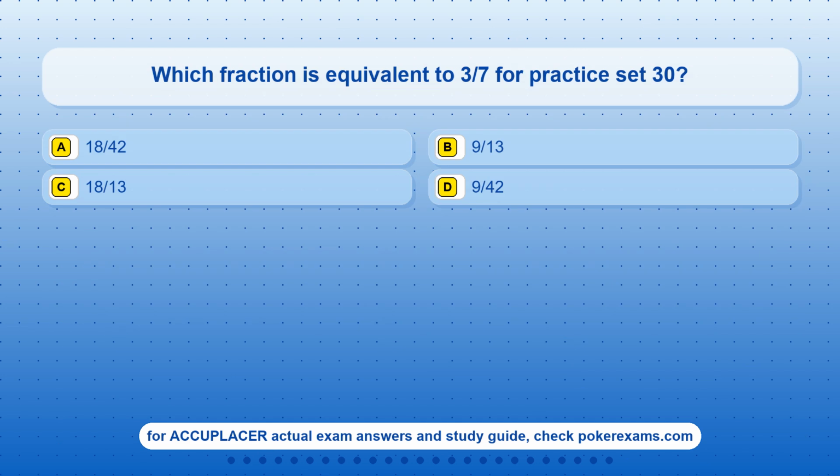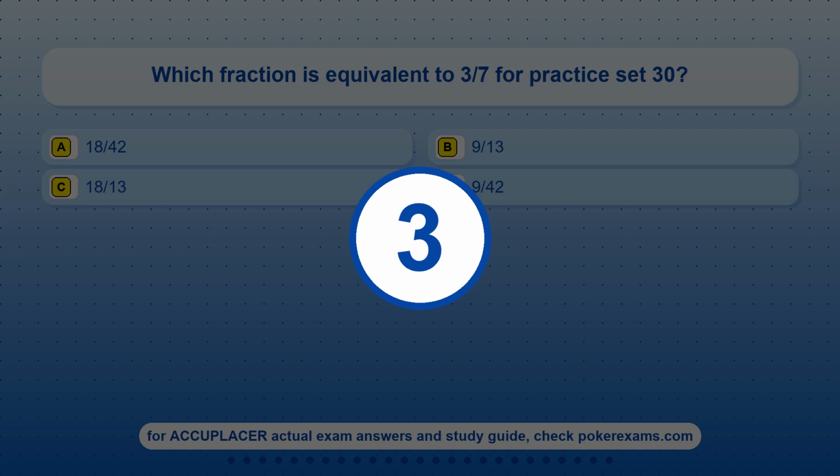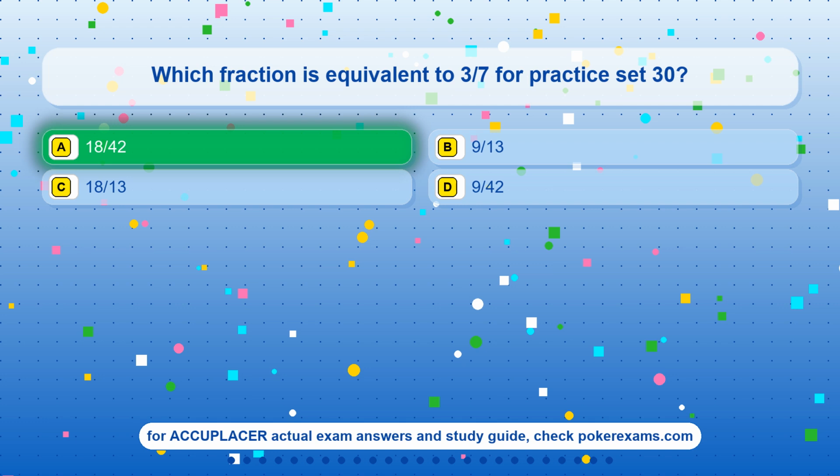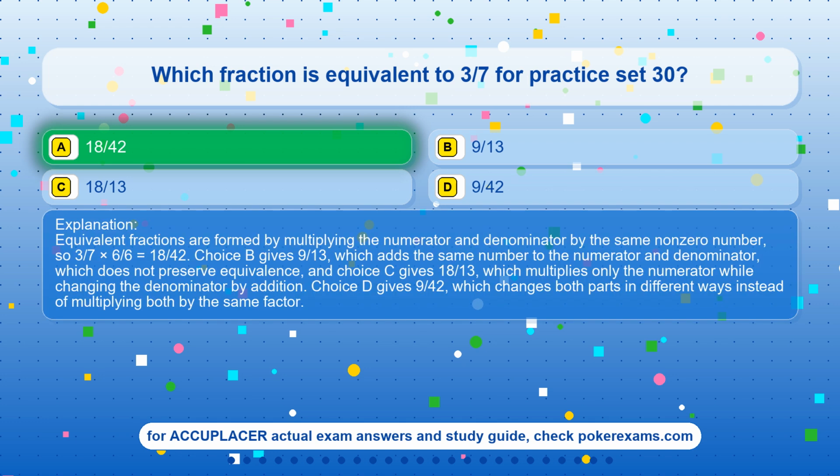Question 7. Which fraction is equivalent to 3/7 for practice set 30? Option A, 18/42, Option B, 9/13, Option C, 18/13, Option D, 9/42. The correct answer is option A, 18/42. Equivalent fractions are formed by multiplying the numerator and denominator by the same non-zero number, so 3/7 times 6/6 equals